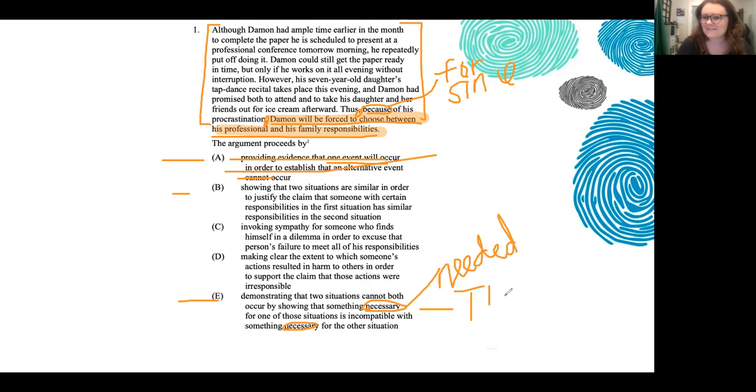You're not wrong by saying presence. I just said time. We get to this conclusion that Damon will be forced to choose between his professional and his family responsibilities by showing that the two situations cannot both happen, because something that's needed for one of them, his time, won't allow him to have enough time for the other situation. Do we see how that happens? Is this super hard still for everybody? Or are we kind of grasping the concept? It's okay if we're at the point where, you know what, I understand the goal,